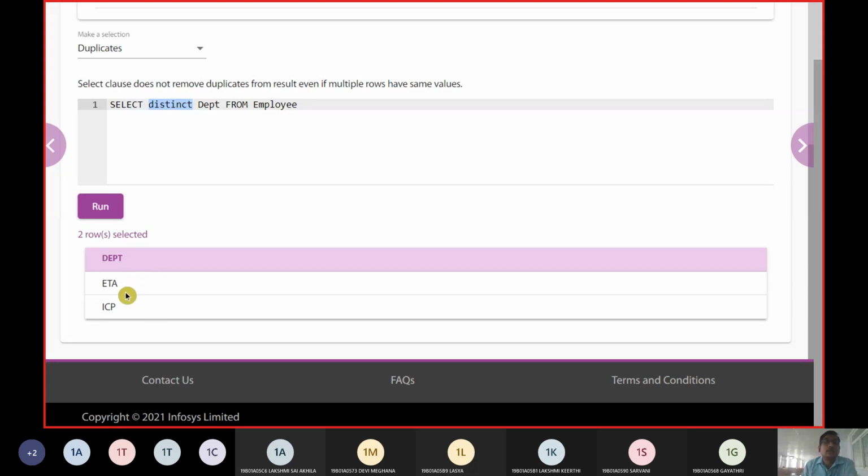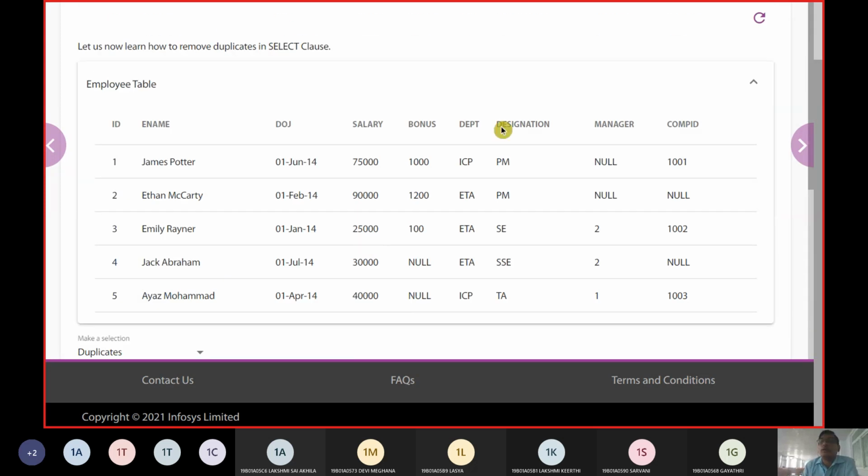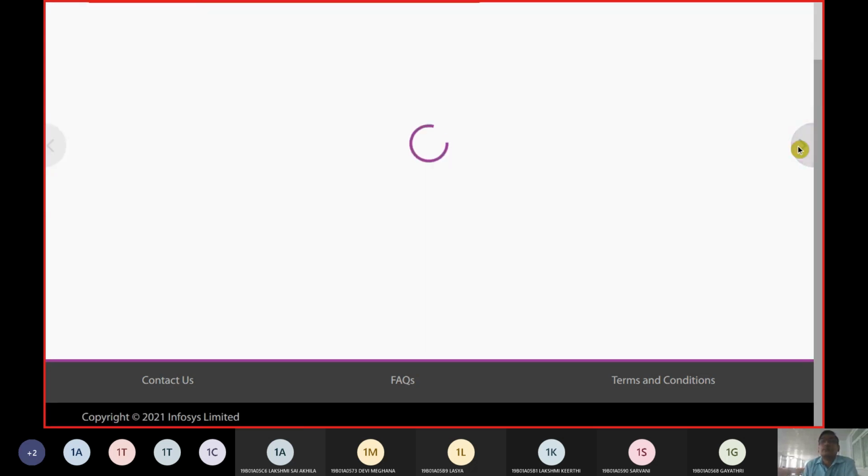Therefore, the occurrences are going to be minimized. So ETA followed by ICP. Earlier we had 2 occurrences of ICP and 4 occurrences of ETA. So there they have been minimized.